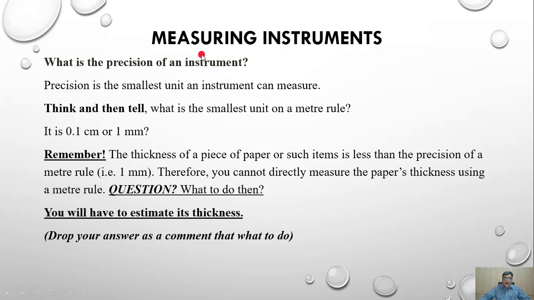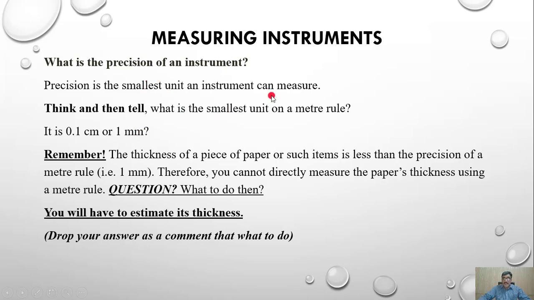So when we talk about measuring instruments, one important thing is: what is the precision of an instrument? Precision is the smallest unit an instrument can measure. Think, and then tell what is the smallest unit on a meter rule. If we see a meter rule, it has a precision of 0.1 centimeter or 1 millimeter